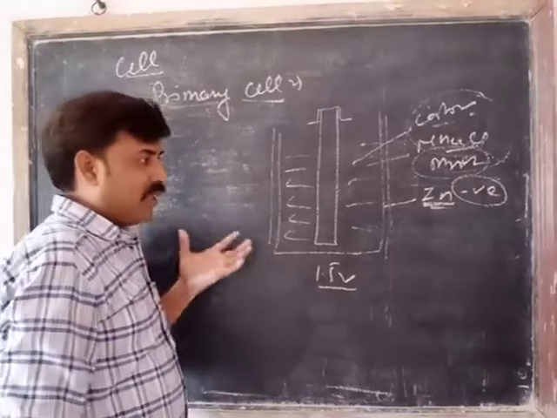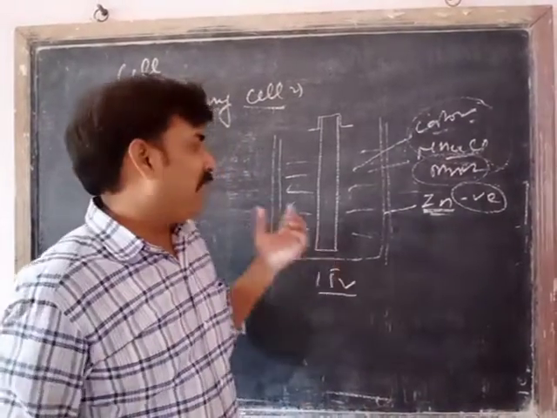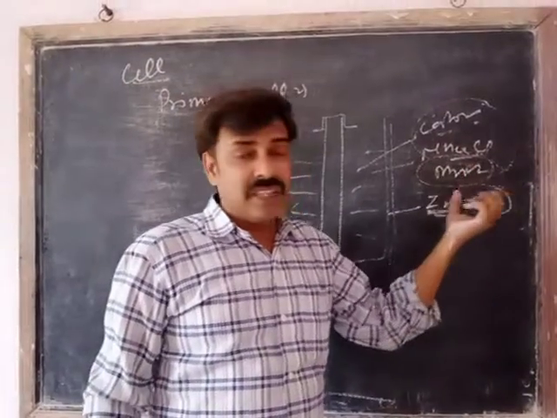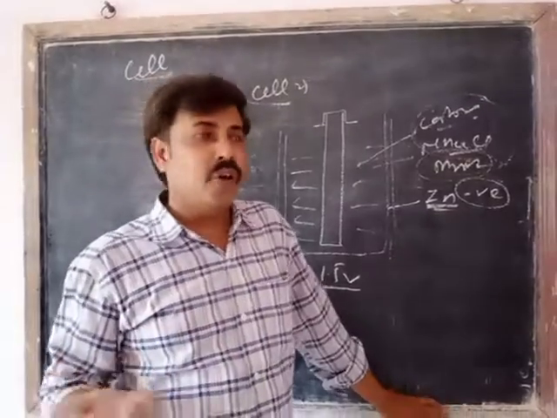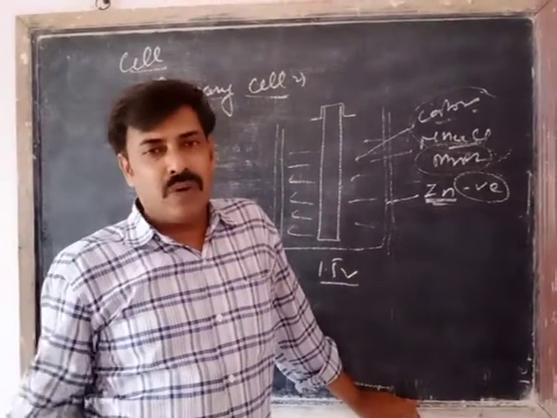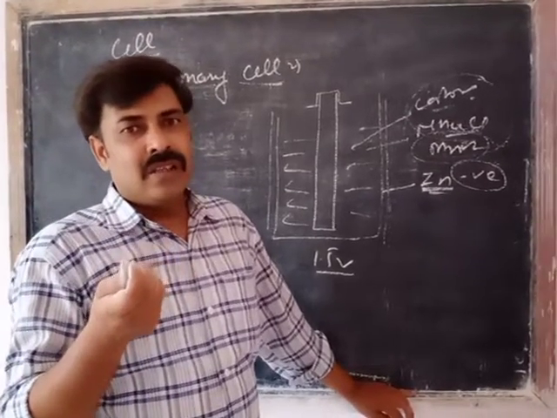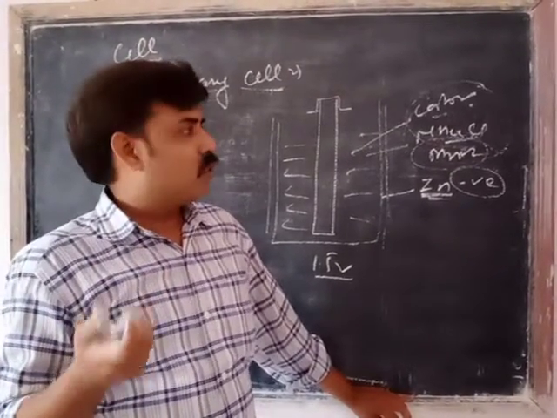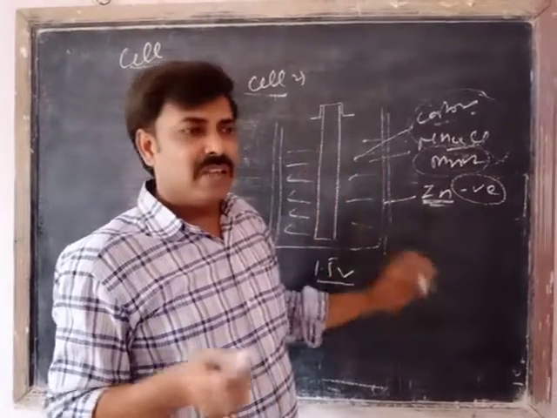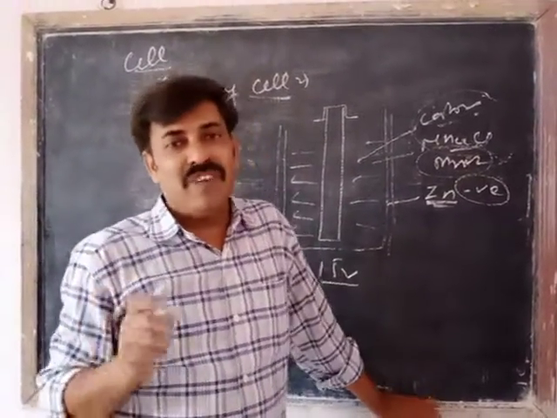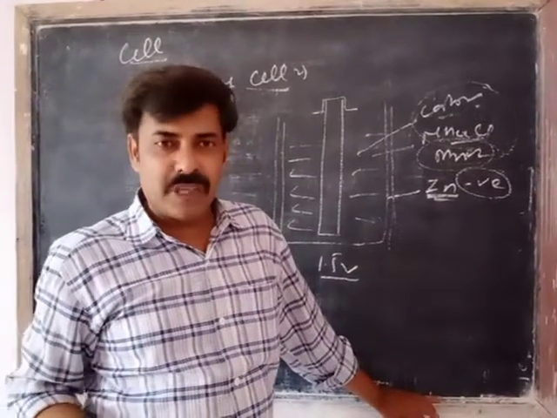The next one is the mercury cell. We have seen that it has the same construction, but in that one, instead of manganese dioxide, mercury is filled. Sometimes we ask why not fill mercury in the other one, because we know that mercury is a very costly material. A very small cell would have a very heavy cost, so that material cannot be filled in a cell of this size, but that cell has a very long durability. Even the voltage supply is the same.